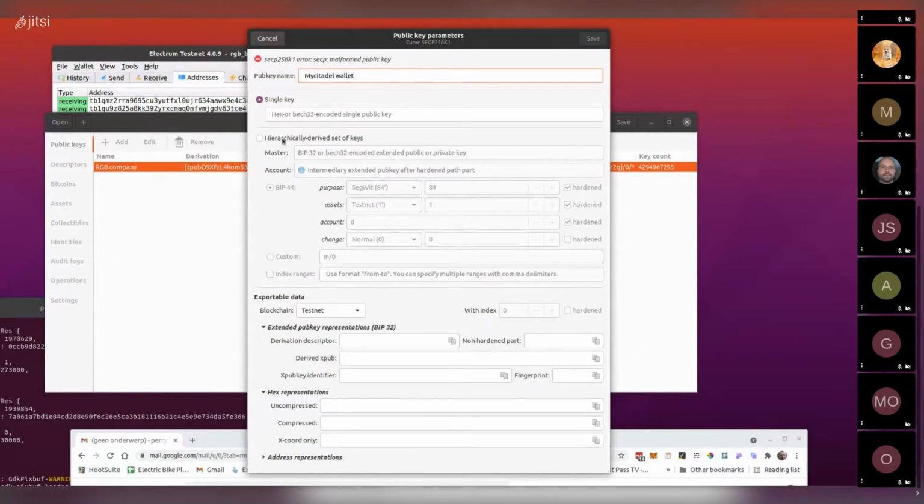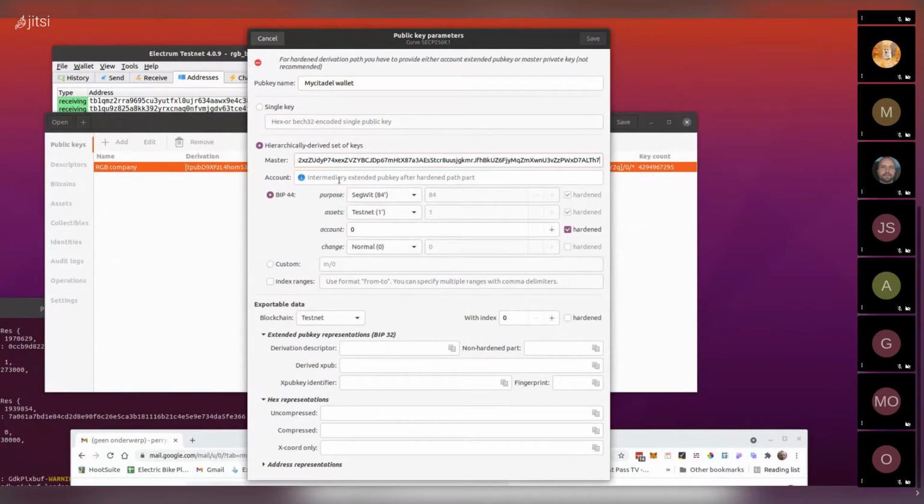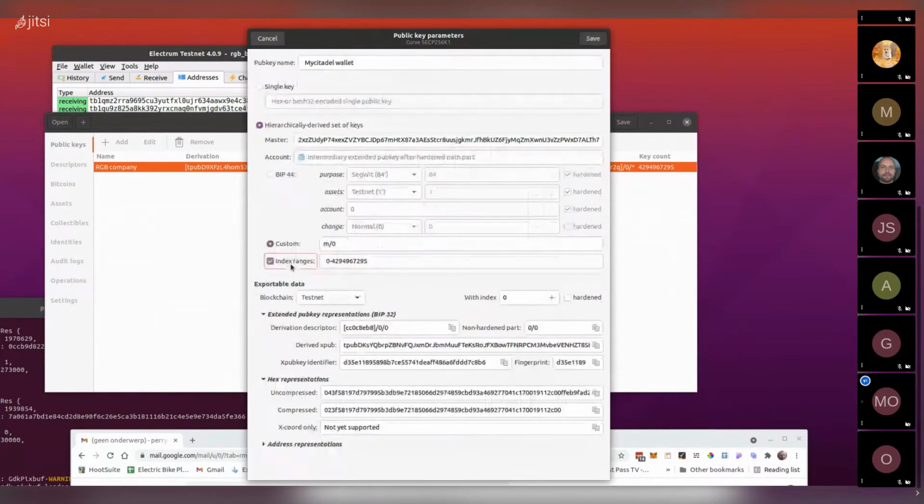Oh, with this master key, paste. This one. Yes, and the same for the account key. Under the master, you have the account. Type it in here again, because it's actually an account key. Oh, it will not paste. Then custom path, and for the custom path, if you go back to the MyCitadel wallet,